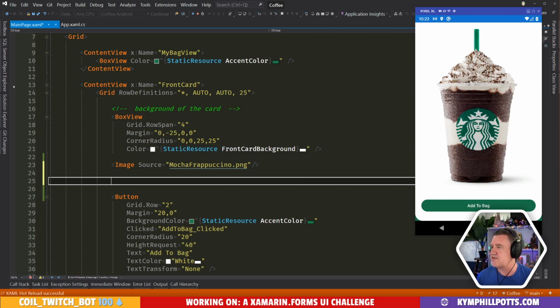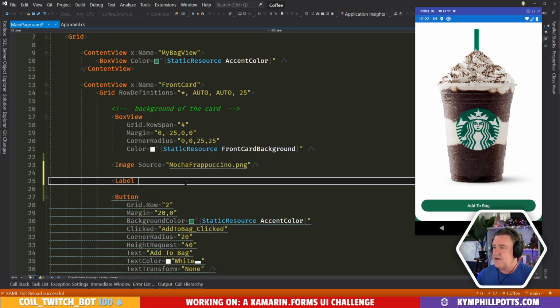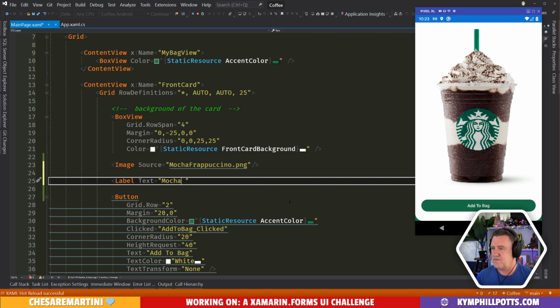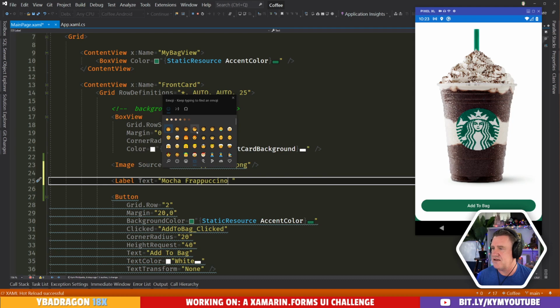All right, we probably have to create ourselves a style first of all. Actually, let's put it in and we'll use a refactoring, see if we can create the styles. So we'll have our text, mocha. Spell mocha. I don't know. Registered trademark. We use this fancy little thing here.